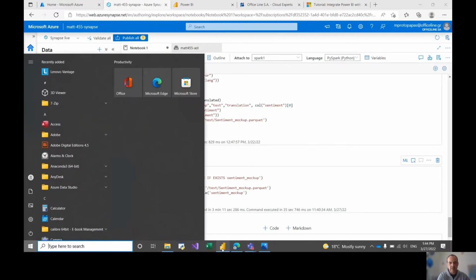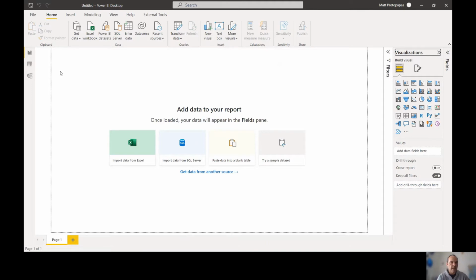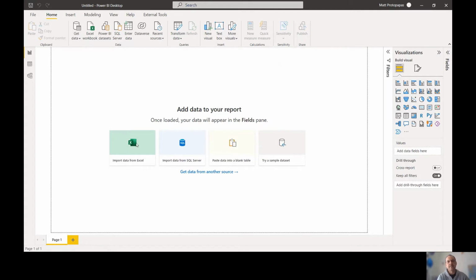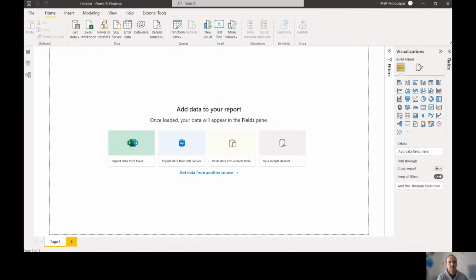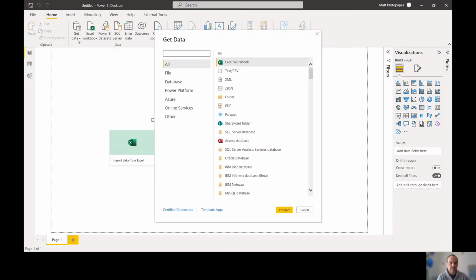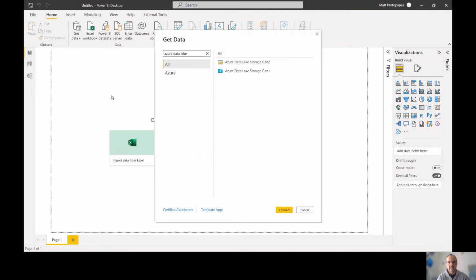And in order to import that table into Power BI, we would get data, click more, wait a little bit for some unknown reason, and then select Azure Data Lake Generation 2. Oh, sorry, that's not it.